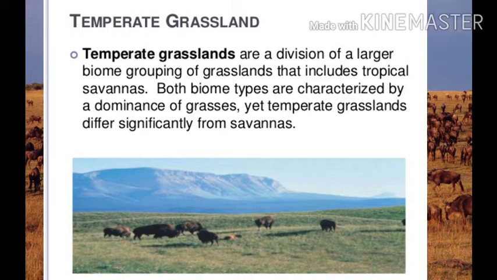Now, the second type of grassland, students, is the temperate grassland. As I have shown you, the temperate areas are the warm areas with the yellow color. The grasslands are found in the area between desert and the temperate forest in North America, Argentina, and Eurasia. Eurasia means Europe and Asia combined, and it is known as Eurasia.